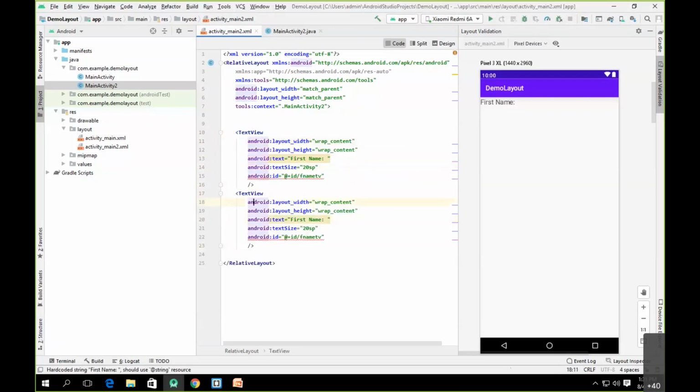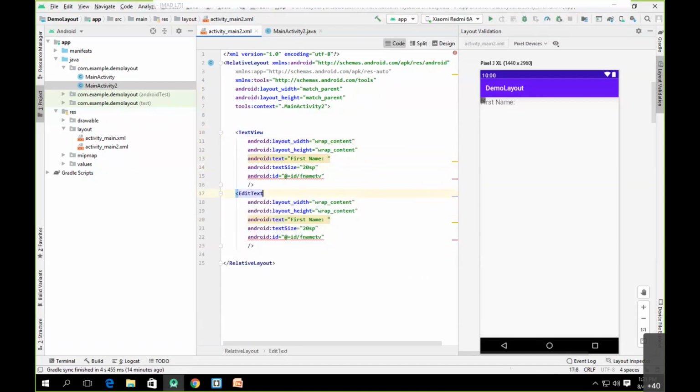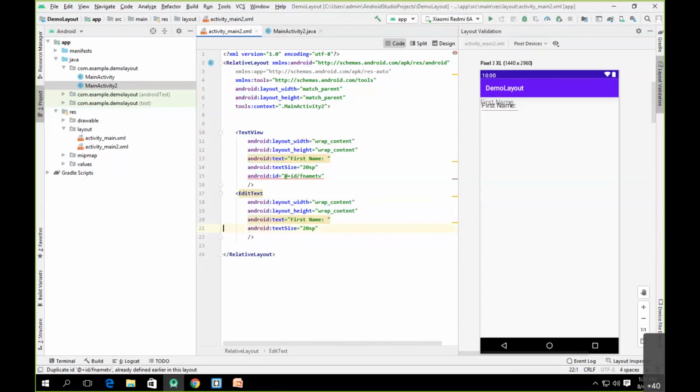Now I have to copy this and modify it as an edit text. For this edit text, I don't want to have any text here, so I'll simply delete this, and we'll take the width as match parent.